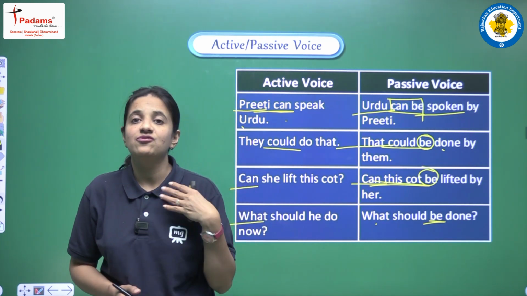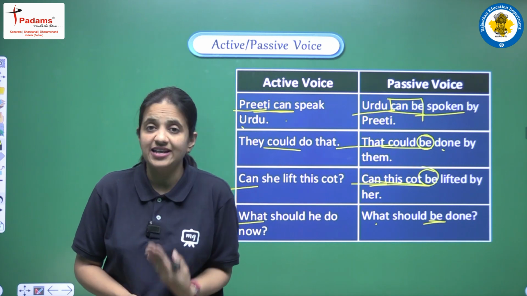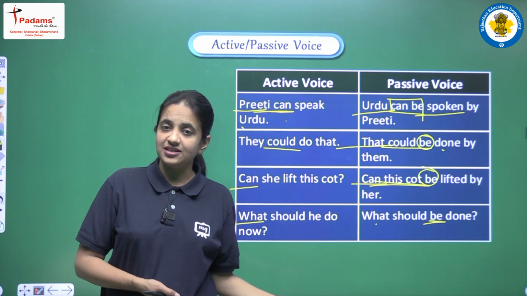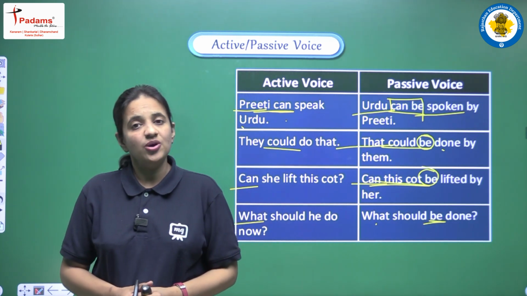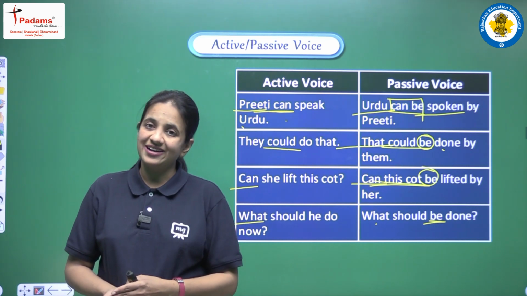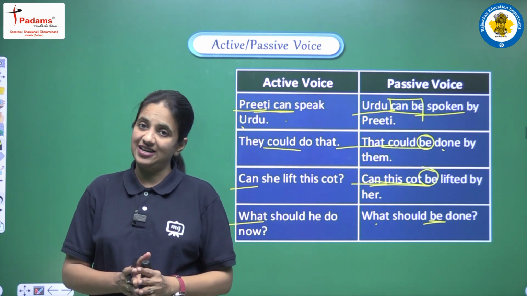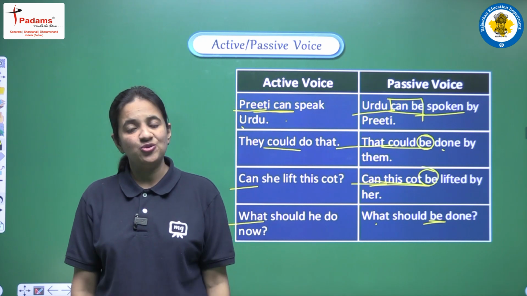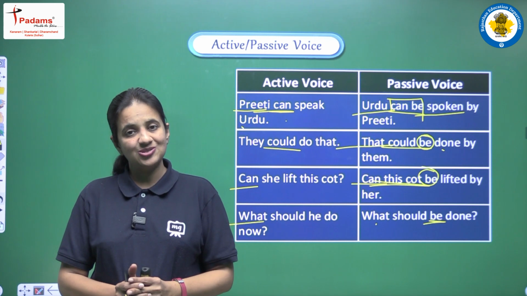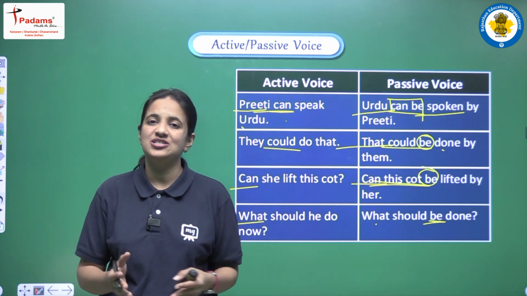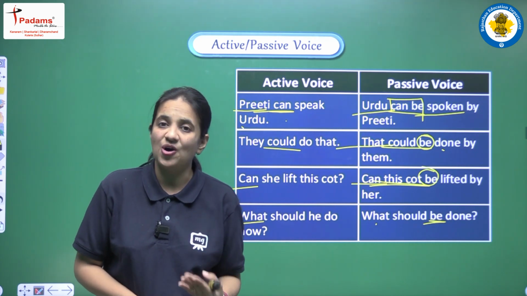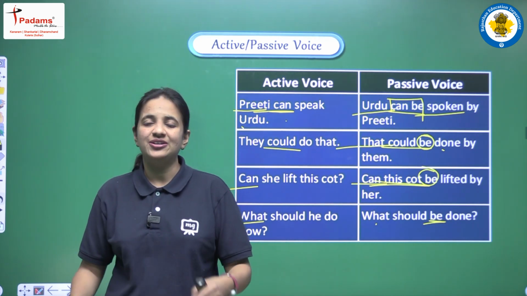So students, we have discussed all the different tenses that can be in our active voice. First we have to recognize well which tense is in the active voice. After that we have to remember all these rules that we have discussed, and according to these rules you have to change the helping verb, right? And the main verb, you have to learn that always and always, yes, without any exception we have to use only the third form of the main verb. Okay, so I hope all these things, all the rules regarding the different tenses, everything is clear to you all. And in the next video we will continue with this topic.